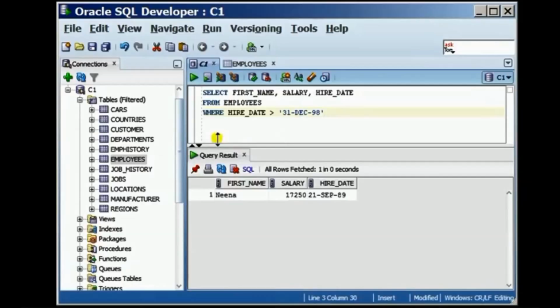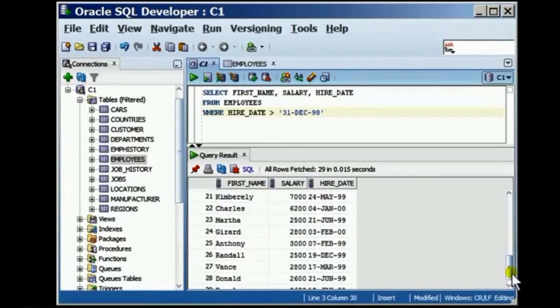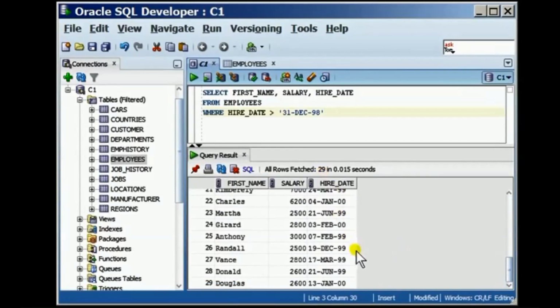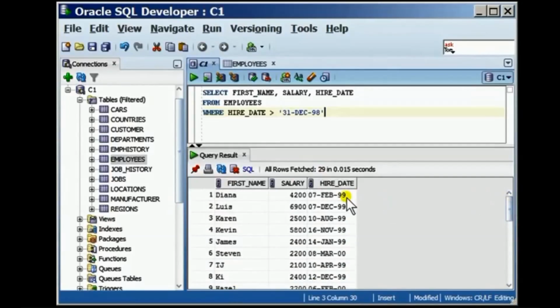I get the 3 columns, and the total number of rows that were retrieved were 29, and if you notice the values, these rows they all match the condition of the hire date being greater than 31st of December 1998. In this tutorial, I showed you how to write a where clause